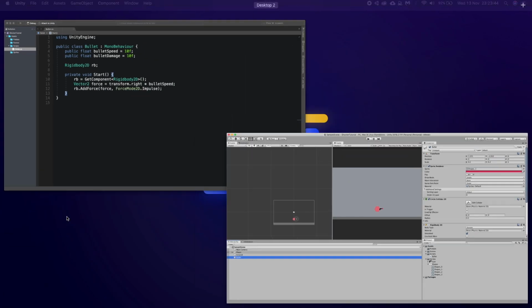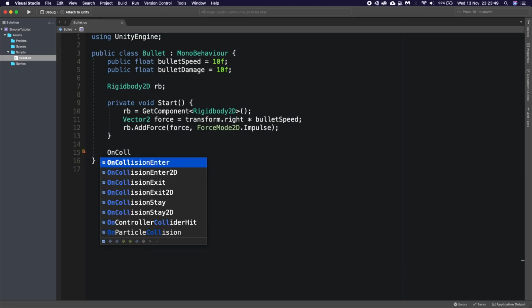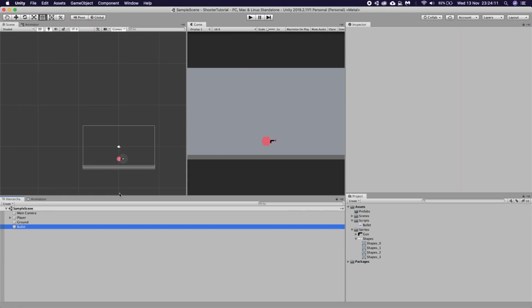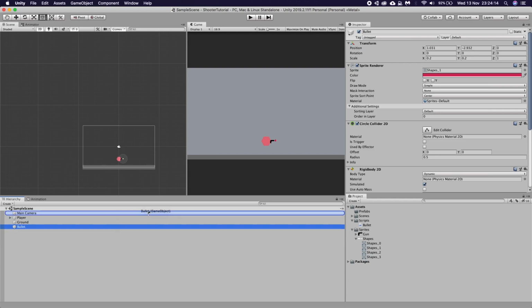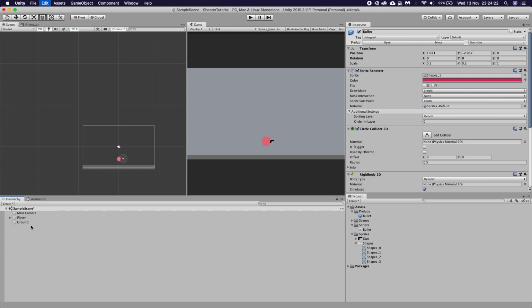Now that is all we need for our bullet, except we need to have an OnCollisionEnter2D. And all we're going to say is when we collide with anything, we're just going to destroy our current game object. So we're going to destroy the bullet, just so once it hits, it disappears. We could instantiate a particle effect, but again, this is just how you shoot a bullet and not how you would actually handle the bullet in a game. So now we've got that bullet, we actually just want to drag it into our project assets under the prefabs folder, and now we have this reusable prefab we can use to instantiate in the game.